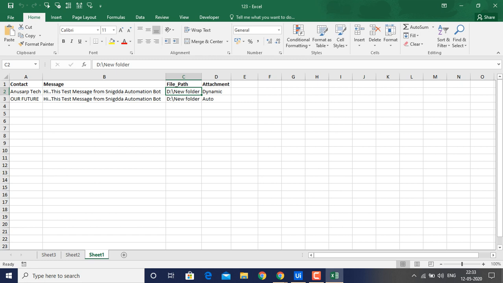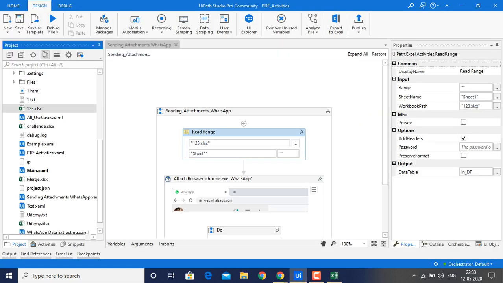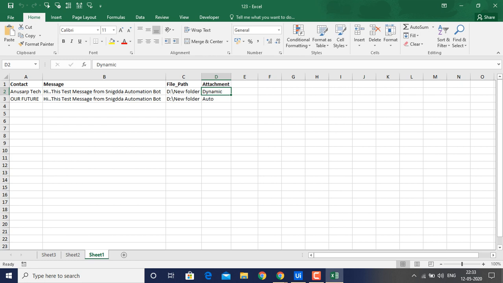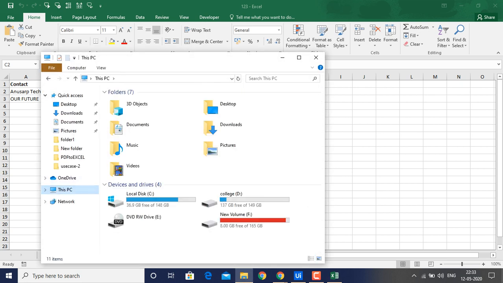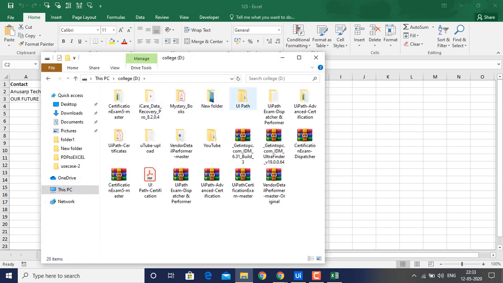In the dynamic automation, we have to specify the file path where the file is, in some specific folder or under a name. Here I have mentioned the attachment again. Let me open my folder so you will understand.